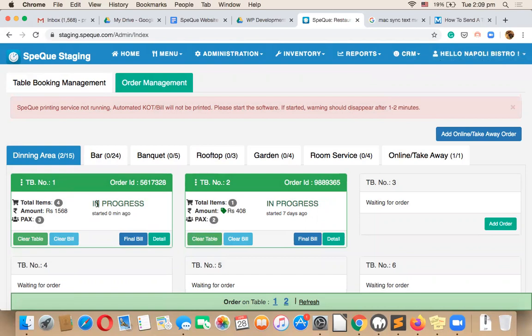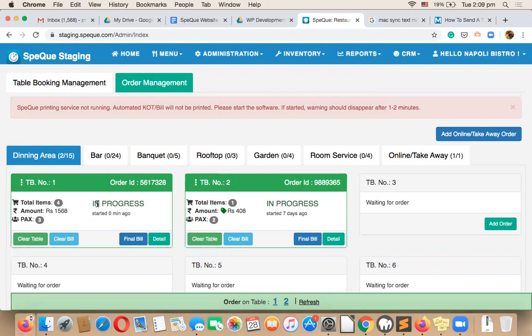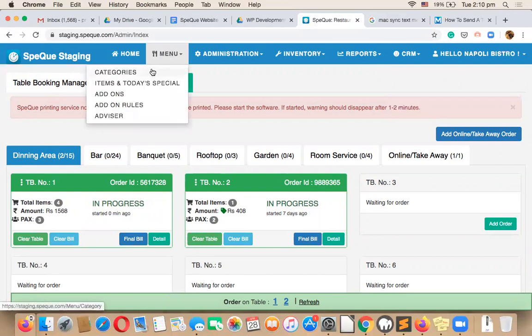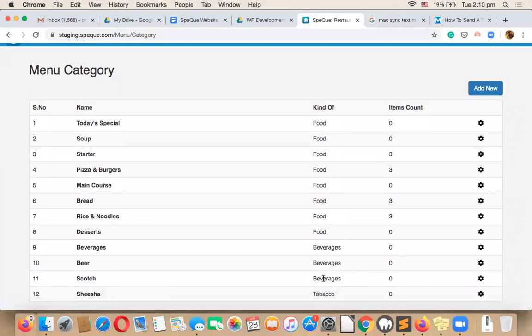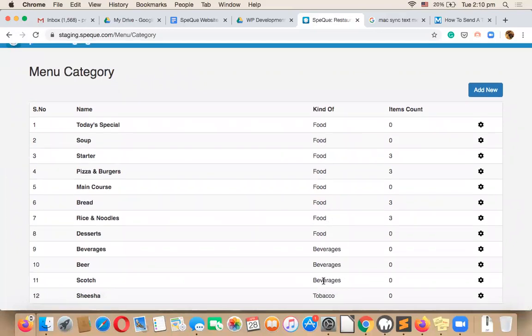If the KOT software is running, the kitchen order ticket gets printed. If we have configured separate printers for printing the kitchen order tickets and the bar order tickets for the beverages or alcoholic items, then those get separated on their own. We don't have to do that. We just need to configure, when we're adding the menu, go to the menu categories and configure the printers where we want our food or the beverage items to be printed.